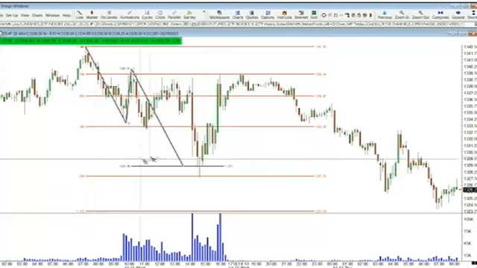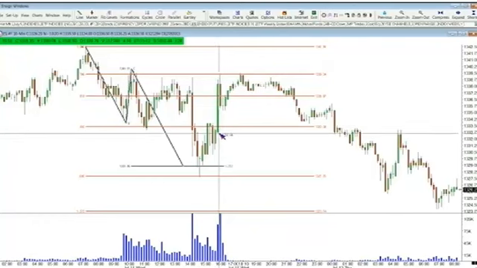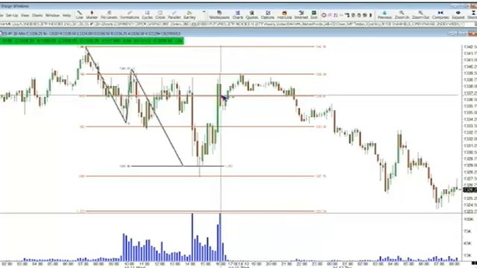Now, as it was creaming through, and this is on a 10-minute chart, folks, as it was reversing the losses for the day, you can see that this wide-ranging bar right here came through the 0.382 area, came through the 0.618, told you it was headed to the 0.786, didn't even give us an indication if that's where it would stop. But as the market came into the 4 p.m. time frame, the 0.786, folks,